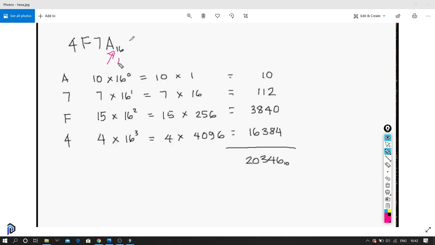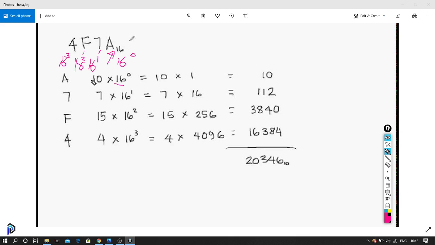The first is multiplied by 16 power 0, the next by 16 power 1, then 16 power 2, and finally 16 power 3. Whenever you want to convert something to a decimal value, you multiply each position by its corresponding power. Here 16 power 0 is 1.